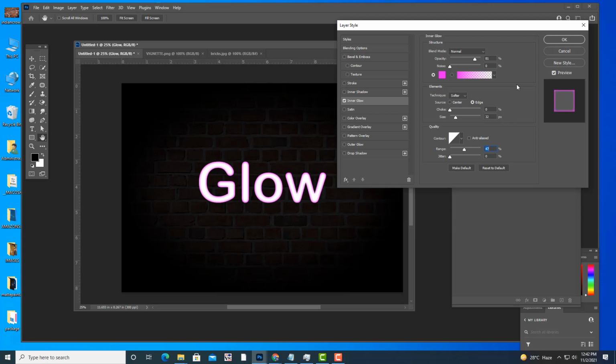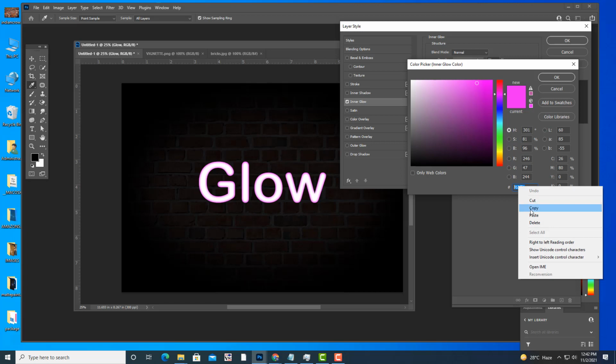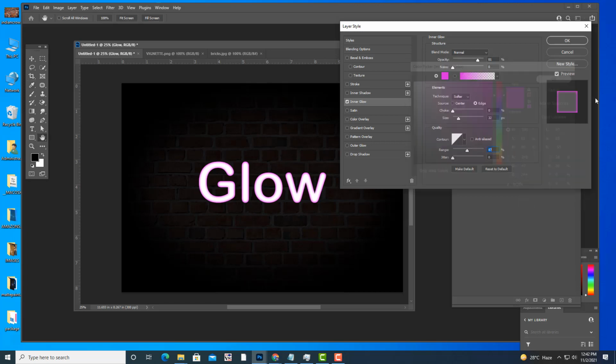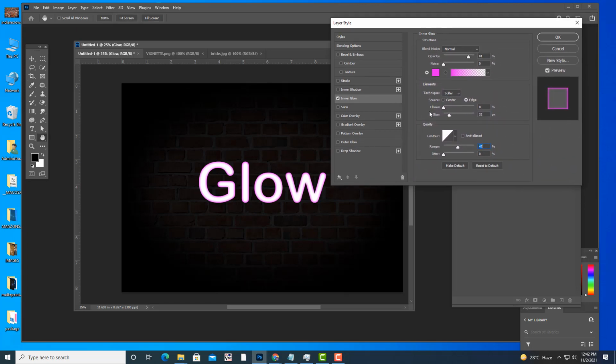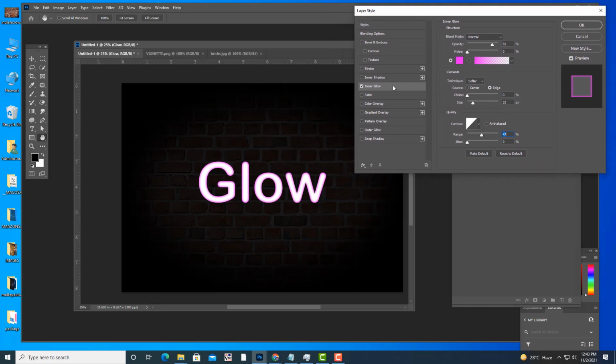And we have to copy the same color to other options like outer glow and drop shadow. So how to copy the color? See here, just simply click here, and this is the value of that color. So we will copy, right click, simply copy. Like this we have copied. And just remember these settings. Okay, these are not the exact settings, you can change them. But you can use these settings, right? Next we will go to the next option, that is outer glow.